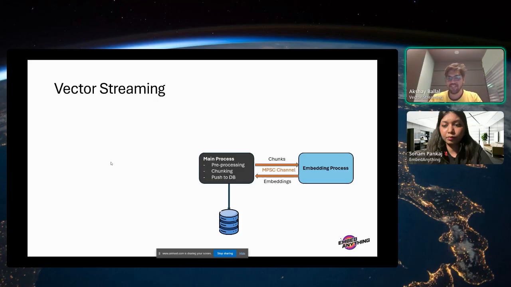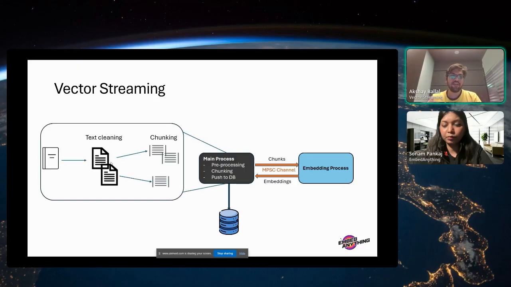So this process is not a separate service that is spun off. You might compare it to something like Ollama, which has a complete whole backend and a process that is running separately. This kind of emulates that, but within the application. So this is kind of an in-memory process.